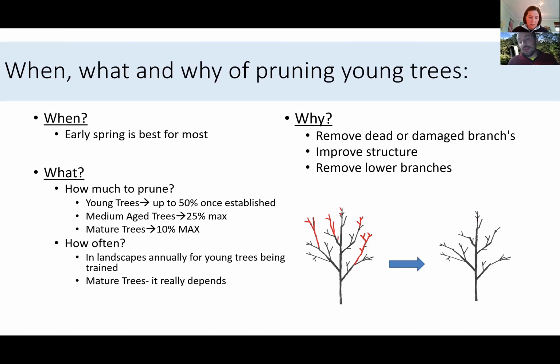The tricky one is if you're dealing with a mature tree that has bad structure and is also in bad health. In that case, you're probably going to want to work with an arborist, develop a plan to improve the tree's health and deal with the issues. And they call that restoration pruning. It's a very specialized sort of pruning.